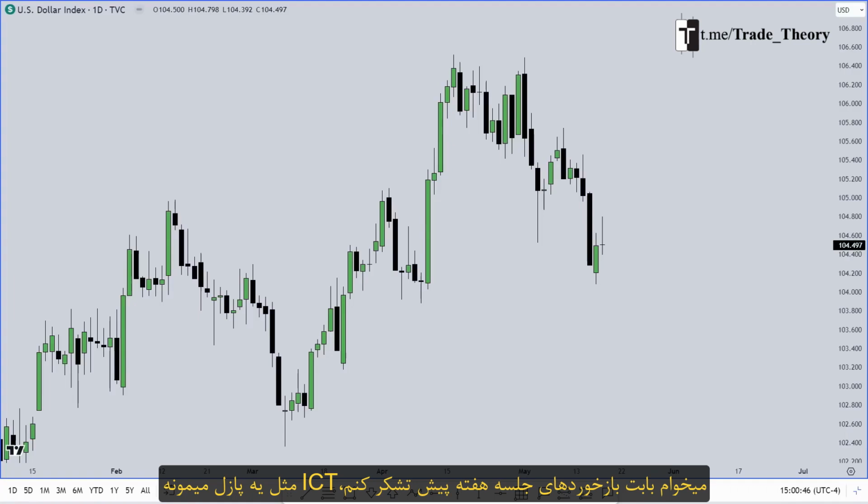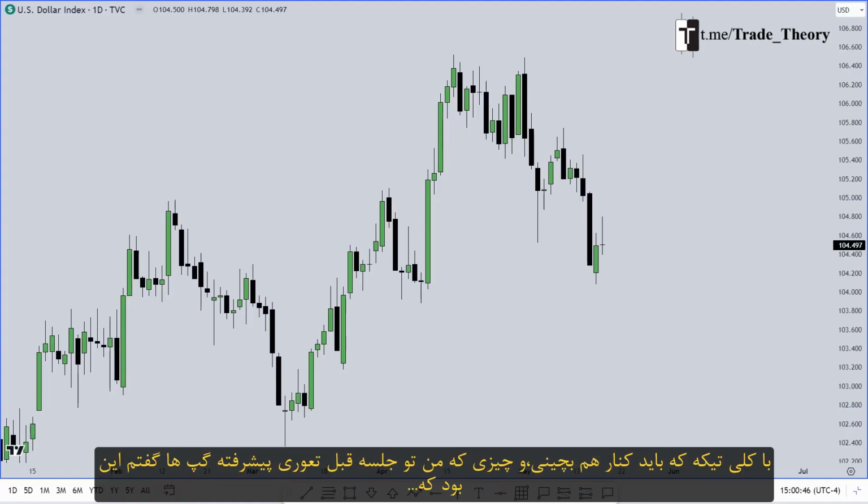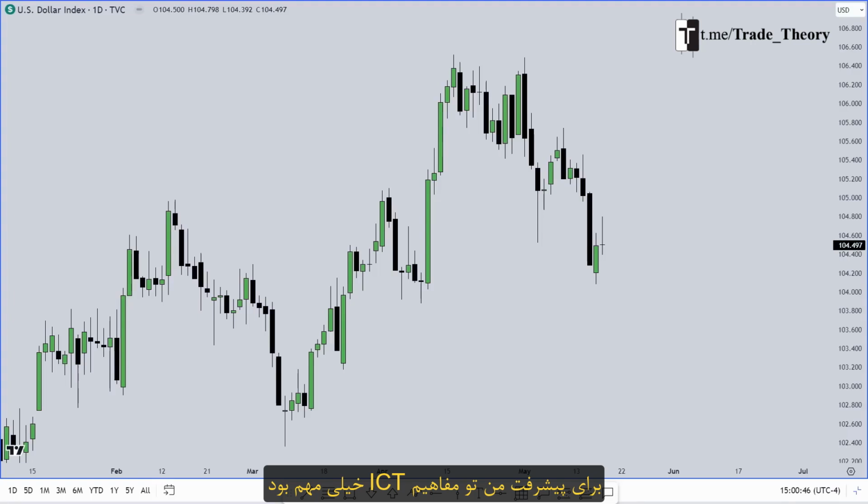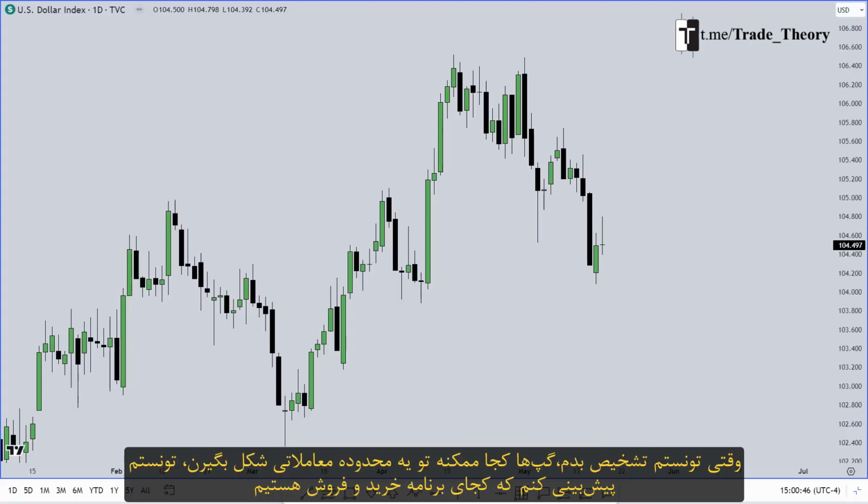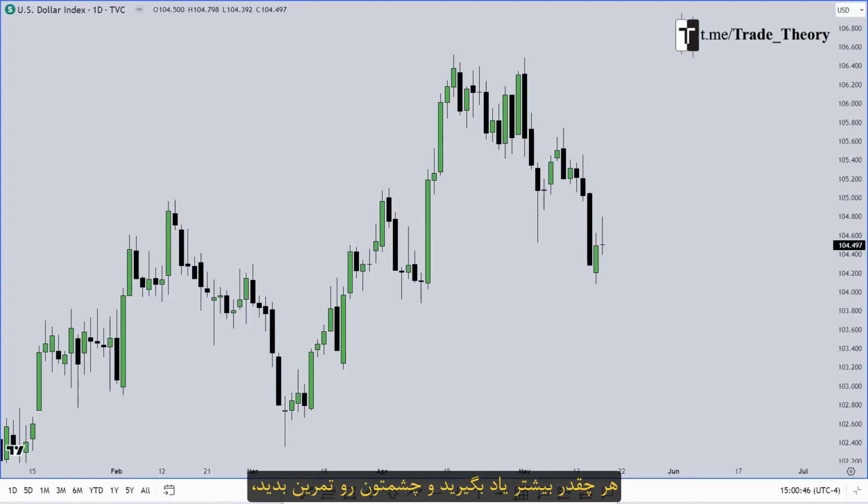ICT is like a jigsaw puzzle. There's many pieces that you have to put together. And what I showed last week in the advanced gap theory lecture was something that was hugely pivotal for my development using ICT concepts. When I was able to recognize where gaps are likely to form inside of a dealing range, I was able to predict where we are within that buy or sell program. The more you learn and the more you train your eyes, the better you're going to get at this. The most important thing is that you're consistent in your studies. You're consistent in your learning. The more you rush this, the more frustrated you're going to get.